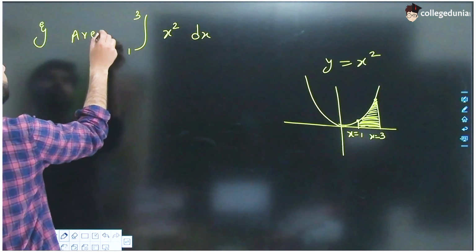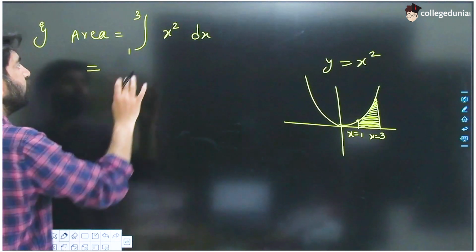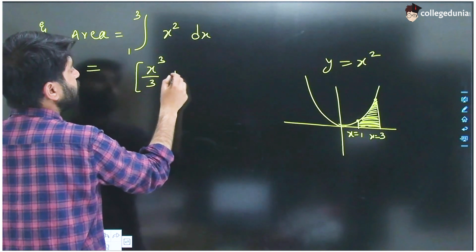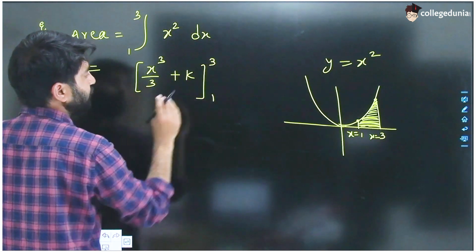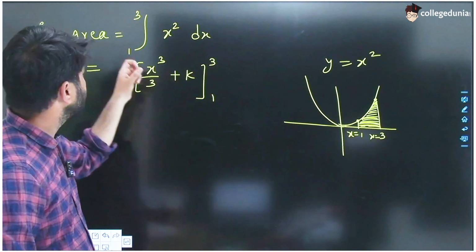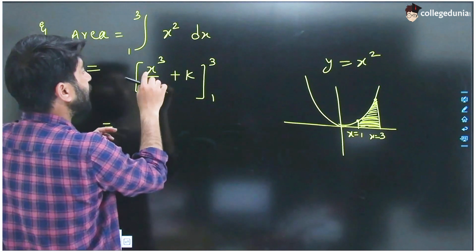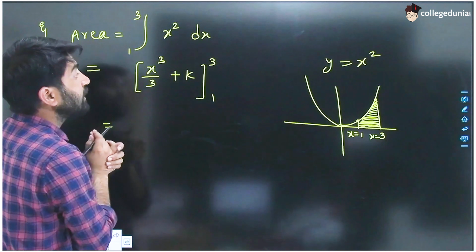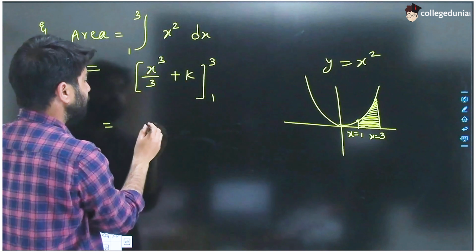सो मेथड, इसका जो मेथड है गाइस, वी हैव टू इंटीग्रेट दिस x स्क्वायर जस्ट लाइक इंडेफिनिट इंटीग्रल। व्हाट इज द इंटीग्रेशन ऑफ x स्क्वायर? द आंसर इज x क्यूब बाय 3, देन an arbitrary constant k is added and then 3 and 1। ये इतना आपको इस तरह से लिखना है। जो भी आपकी अपर लिमिट है उसे यहां लिखिए, देन लोअर लिमिट 1 को आप यहां पे लिखेंगे, राइट। देन wherever you see x in this expression inside the bracket, you will have to put x equal to 3 upper limit। so x की जगह पे 3